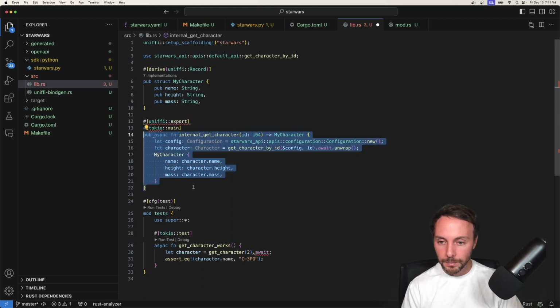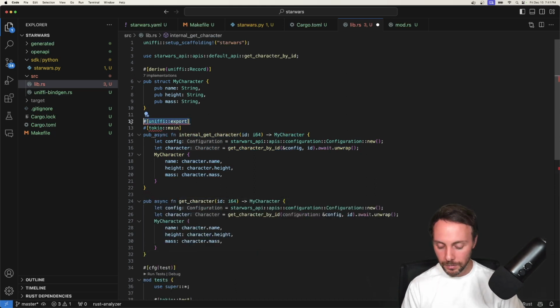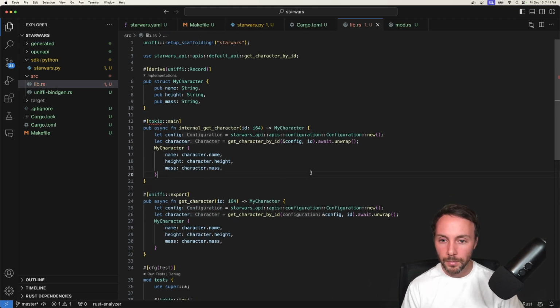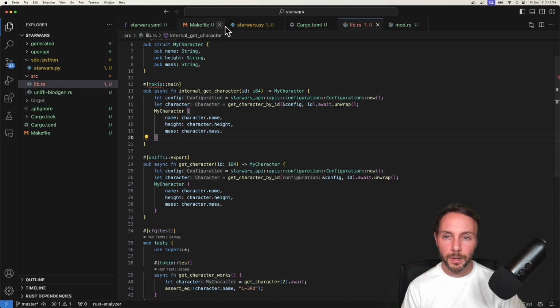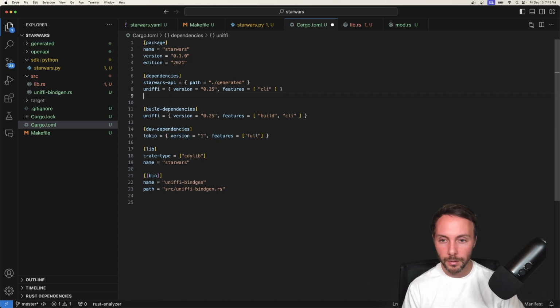And then over here, we'll have a regular get character. Oh, and then we need to add this to our actual dependencies. And then I think it's